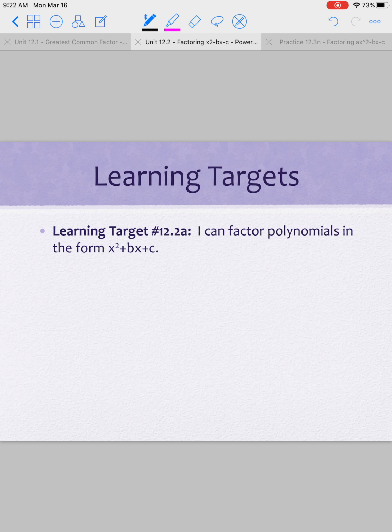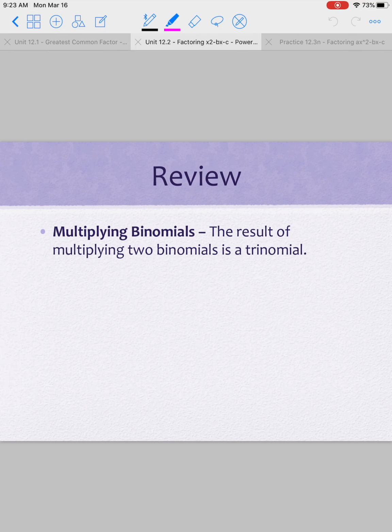All right, so our learning target is I can factor polynomials in the form x squared plus bx plus c. So we are going to be factoring today. And factoring is pretty much the opposite of what we had done last unit, in the sense of we're just working backwards. So to review what we did last unit, in unit 11, where we multiplied binomials,